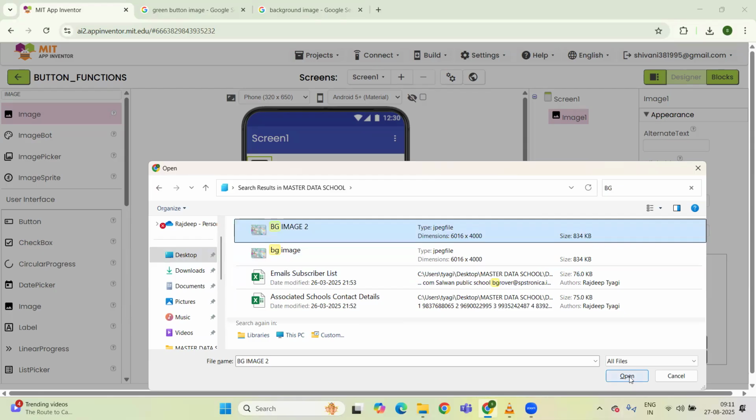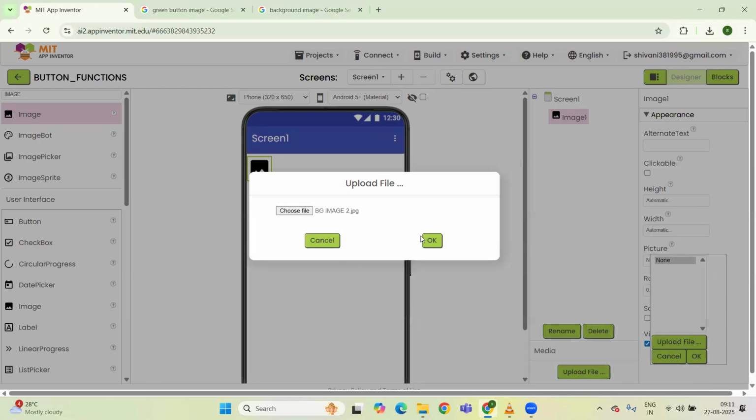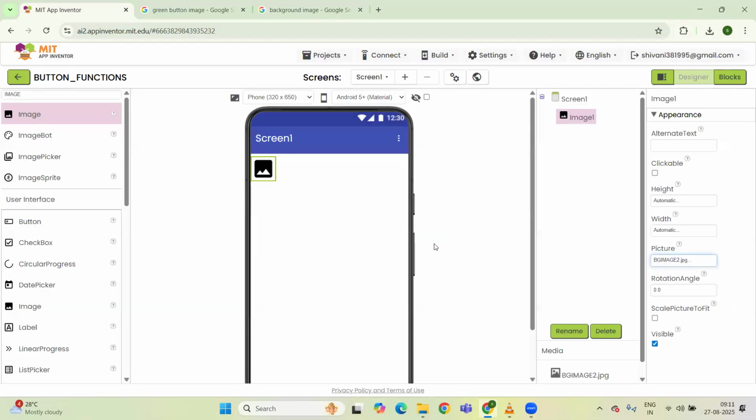Click on that, and after that, what we need to do? Just click on open button. And then what is the next step? Just click on the OK button. Okay. So here you can see,